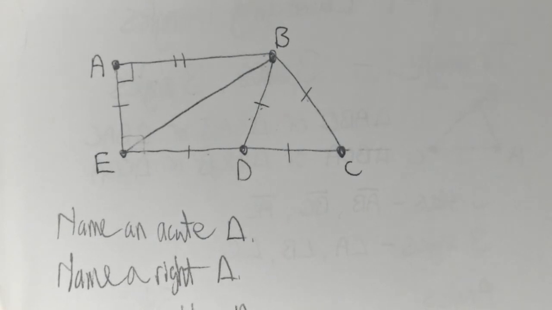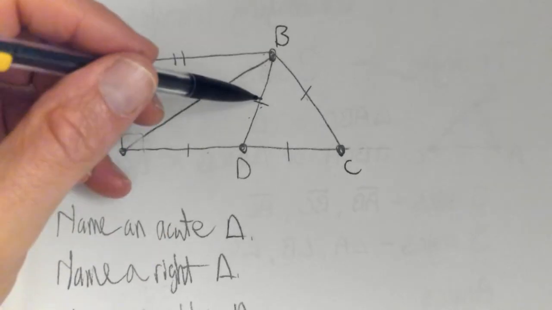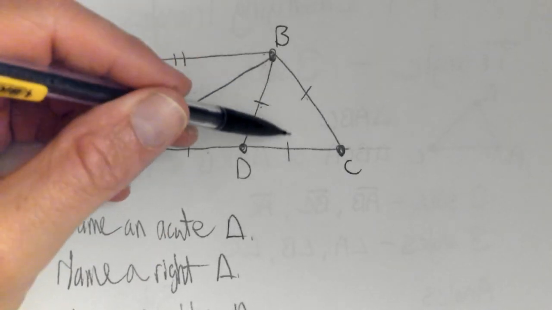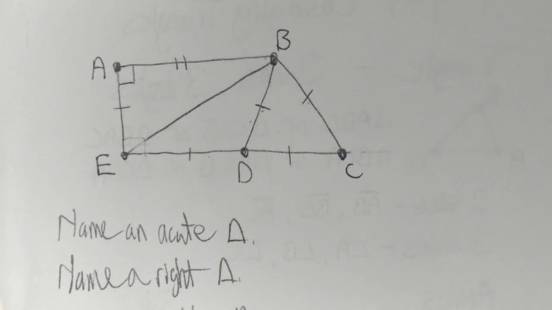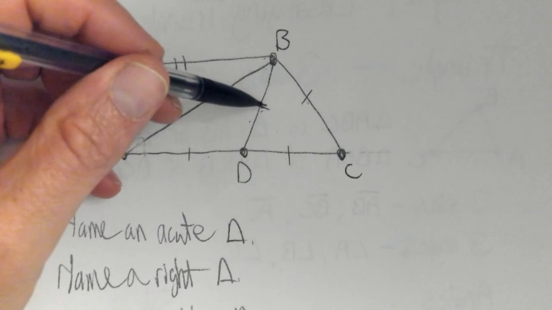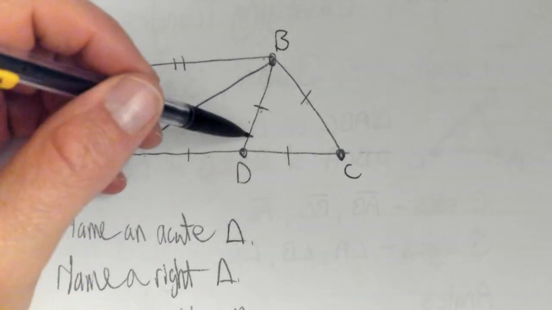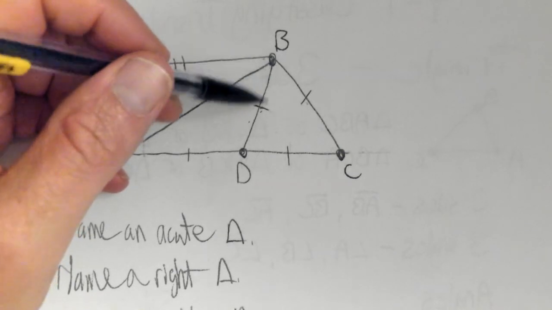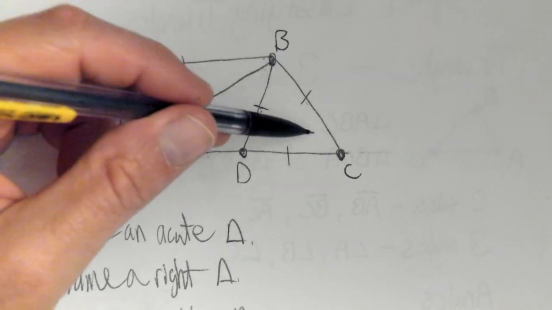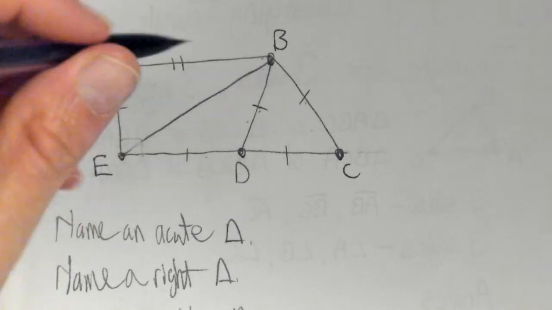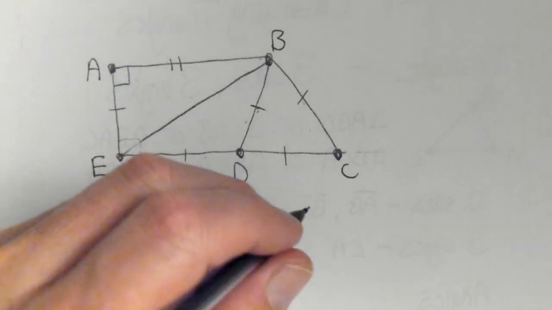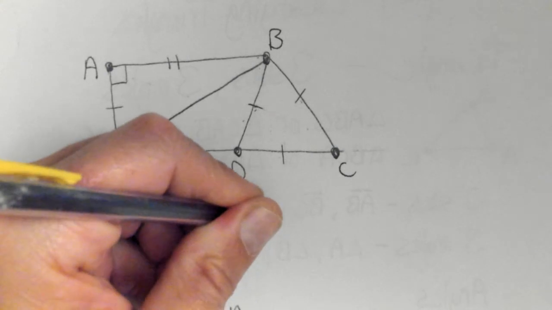One that stands out to me here is this triangle, where there's one mark in each spot. What that means is that all those sides are the same length, and if all these sides are the same length, then all the angles across from them would be the same, and there's only one thing that they could be. It's got to be 60, 60, and 60. And so if that's the case, then there's no angle above 90 degrees. So I'm going to say that triangle